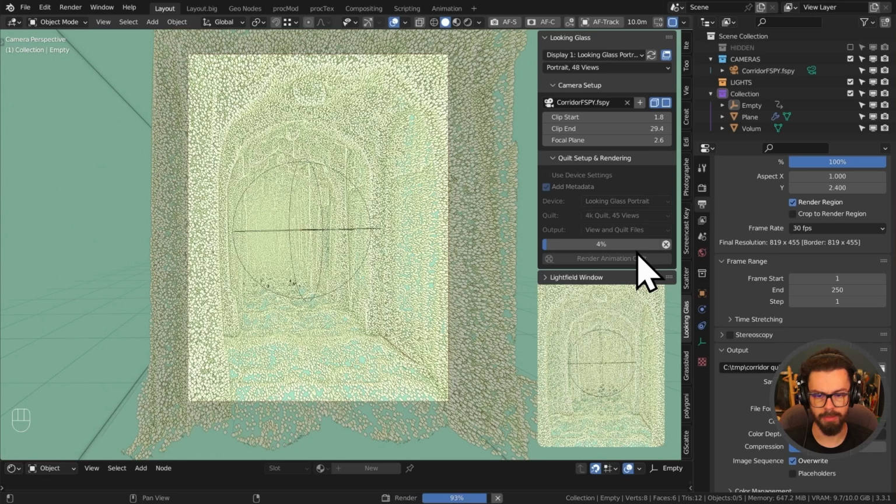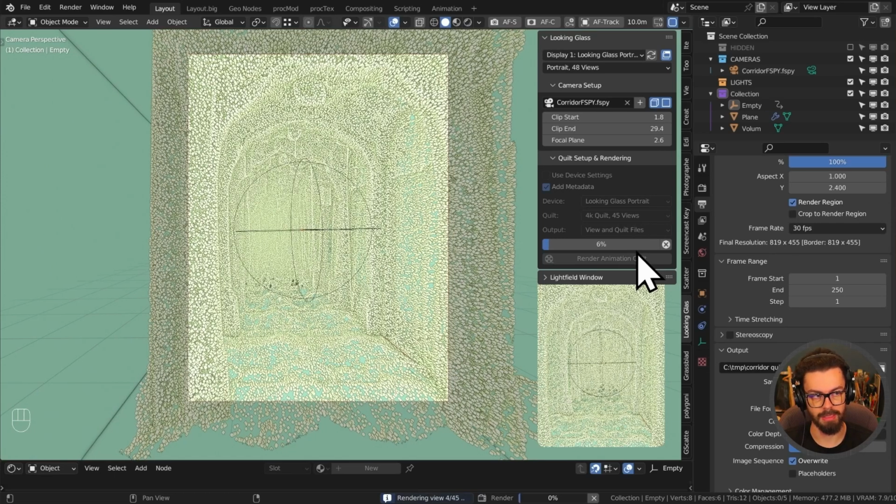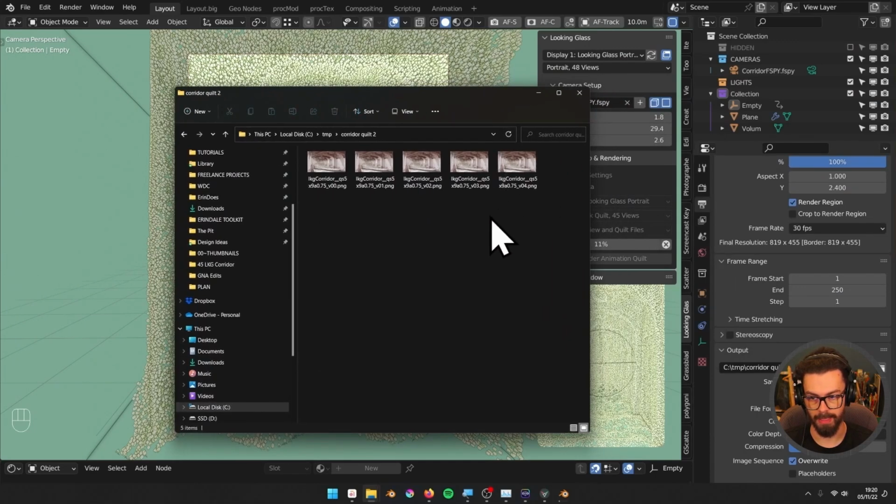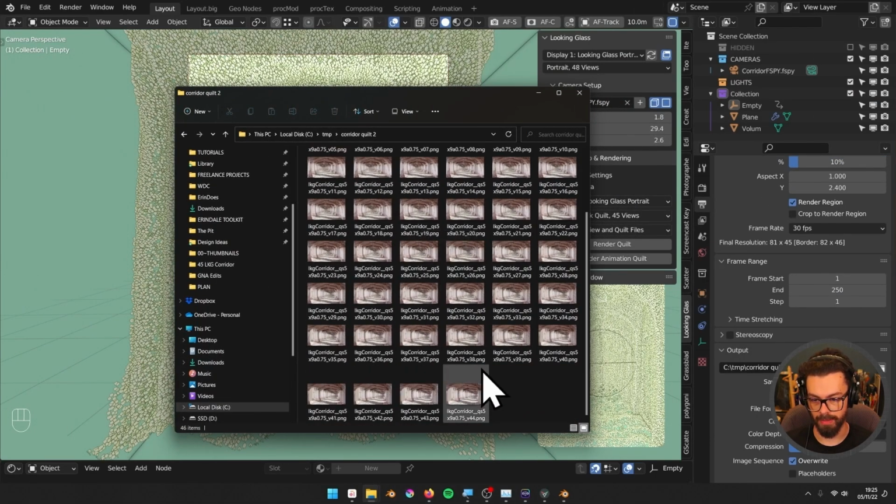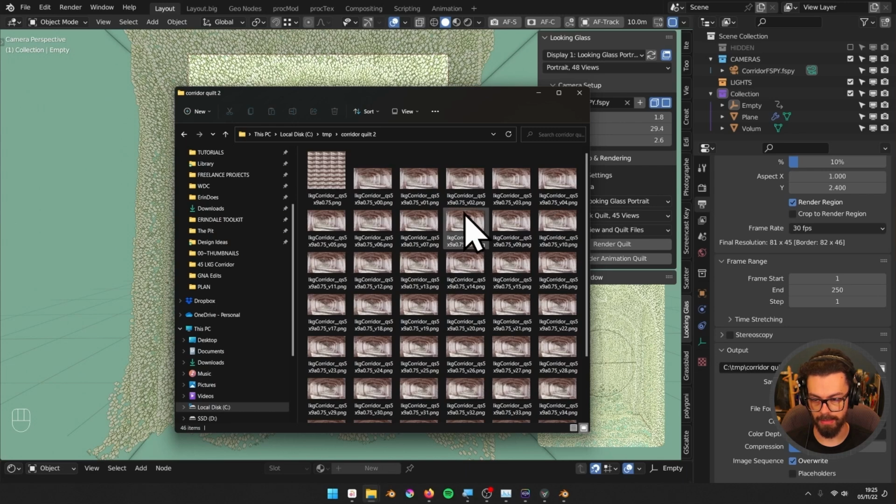We're just going to let this go through. It's going to do 45 renders for us, and it's going to stitch together the actual quilt. Let me see these starting to come through here now. There we go, that's finished rendering. It does 45 of these individual images, and we can see it's got a string attached to the end, QS5x9A